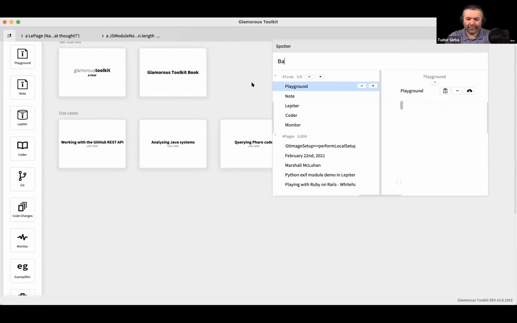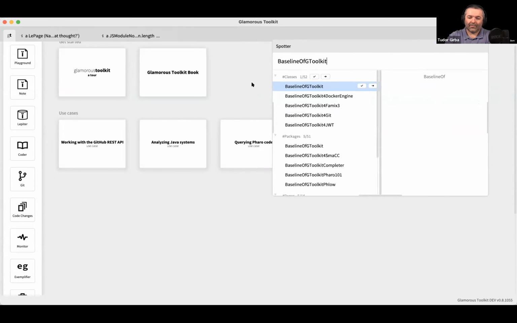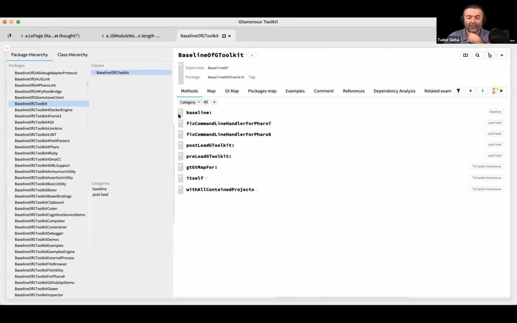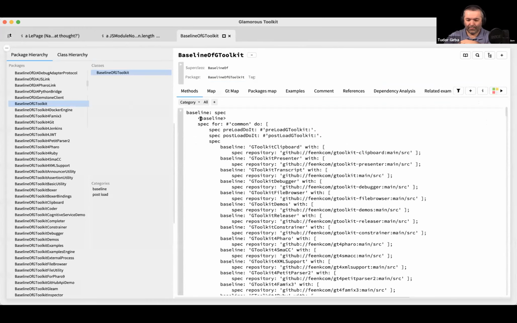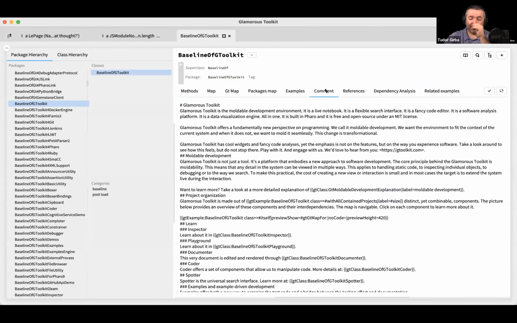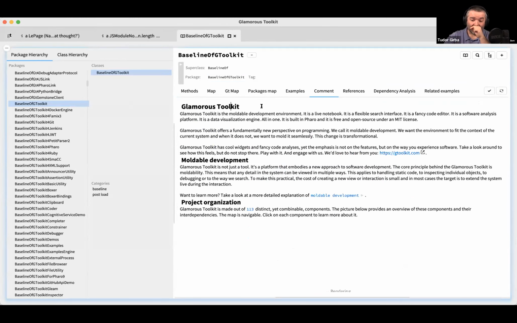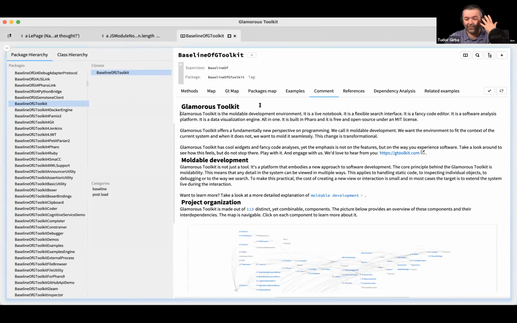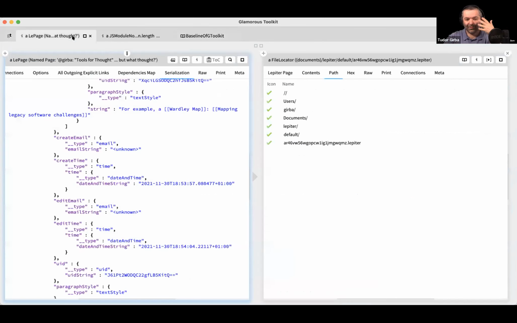If we go to, for example, this is a class, right? And it has methods. I can browse those methods. There's code in there, but there's a comment here too. And this comment is actually a live document, which is exactly the same as what I would write in my knowledge base. Originally we thought of this use case and a page in a knowledge base to be two different kinds of things, two different worlds. But then it turns out that they are not. Of course, it's quite obvious in hindsight.